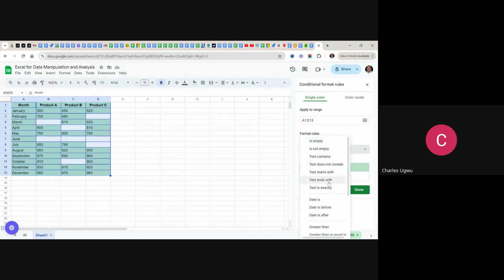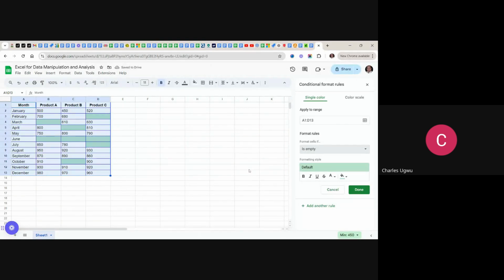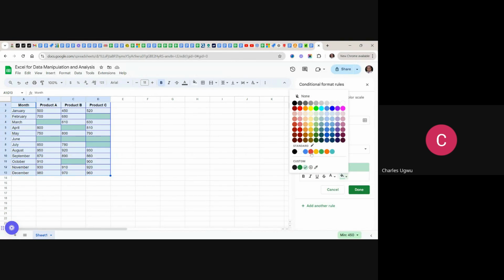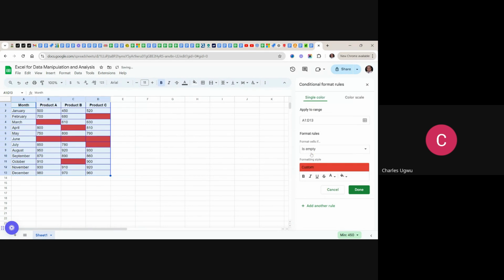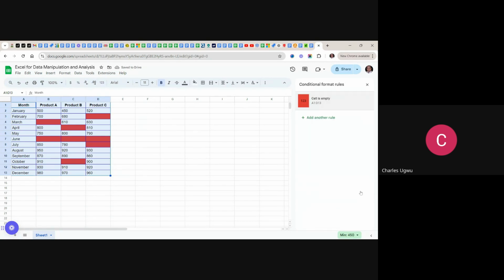The other time you'll remember when we are doing is greater than, but this is if empty. So let's select empty. If it's empty, then what color? Give us red color. Let the red appear and we say done. And that is it here. So we can see the areas where we have missing